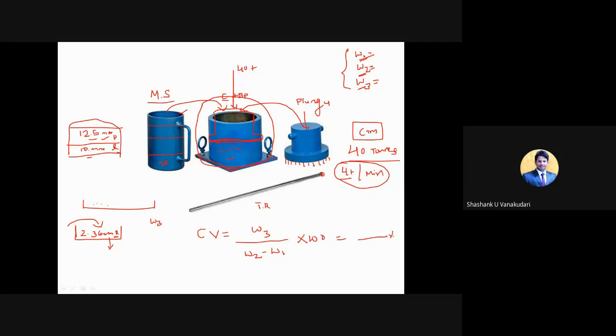Clear? So with respect to percentage it will come. So always you need to remember while writing these formulas how we are going to write. Just understand the basic concept behind writing the formula. Let the notation be whatever it is, capital W, small w, W1, W2, only W, but you need to understand what exactly will come in the numerator and what exactly will come in the denominator.